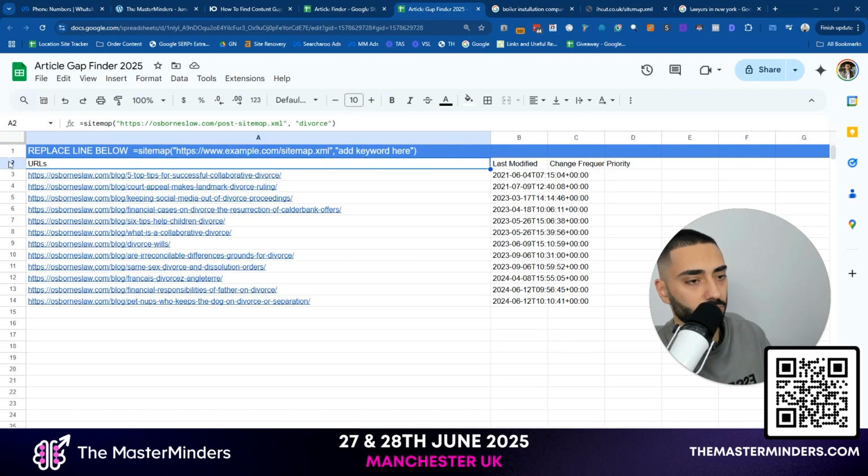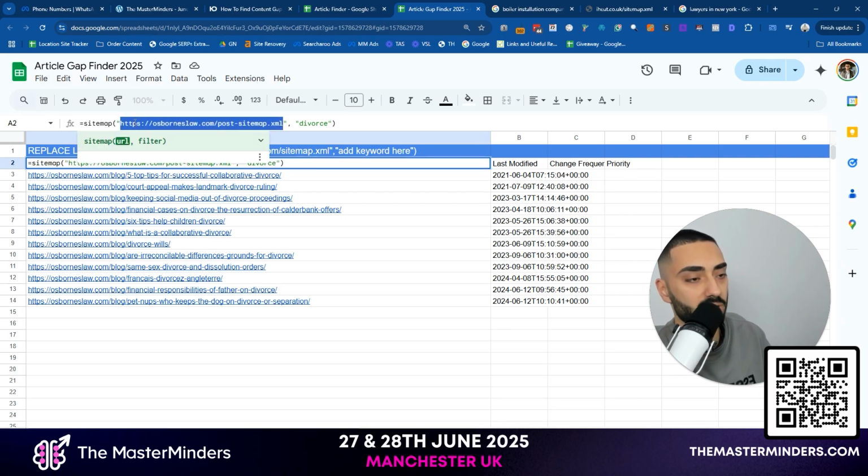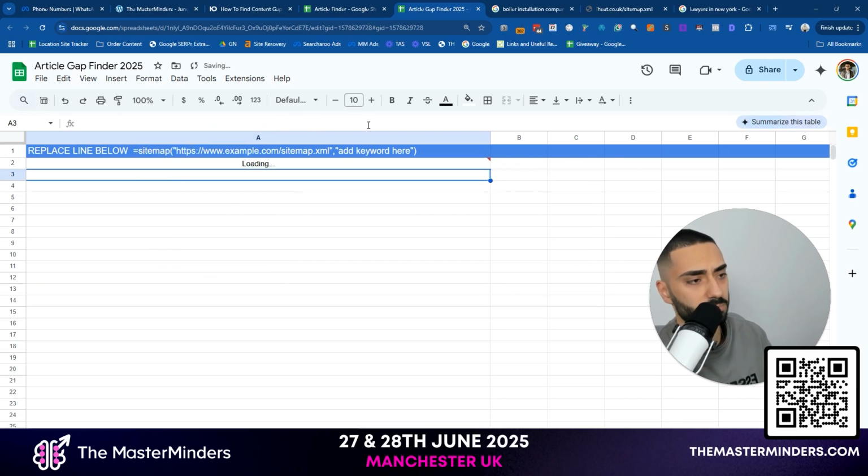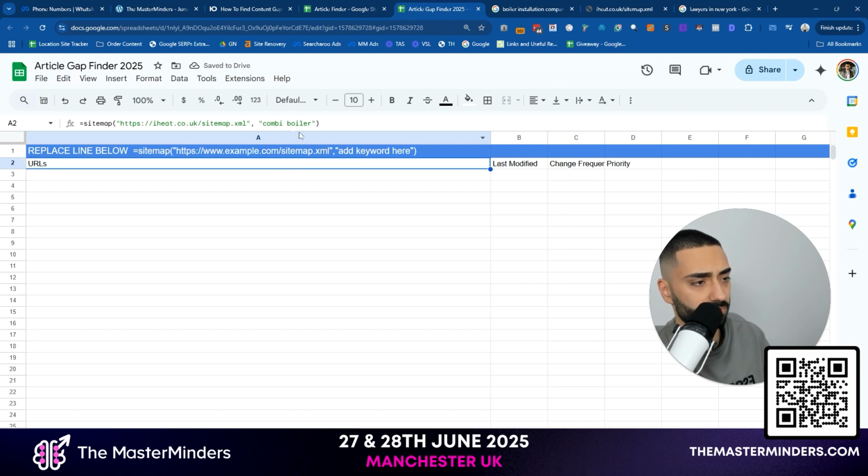So if you go to tab number 2 or row number 2, you can actually change this out to whatever website you want to take a look at. And you can also give it a keyword as well. So if, say, for example, you only specifically want combi boiler articles, you can actually do that, because there's different types of boilers. There's also different types of actual